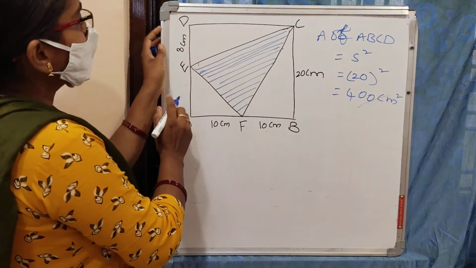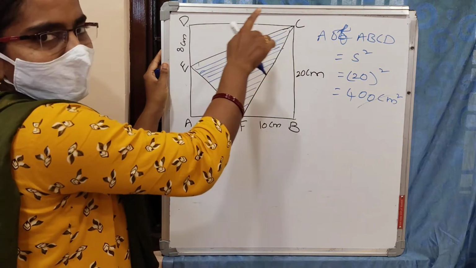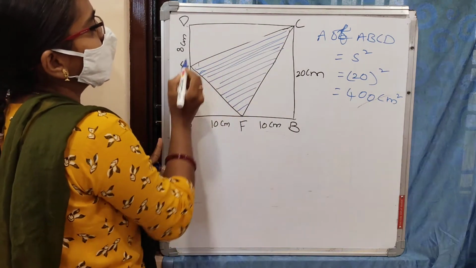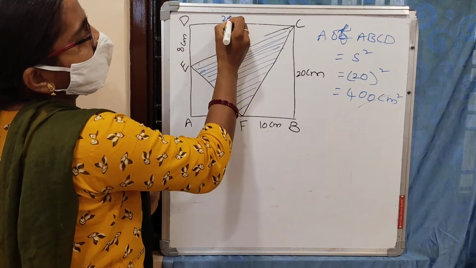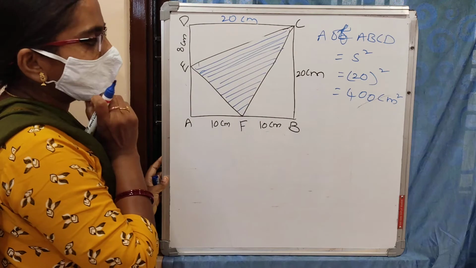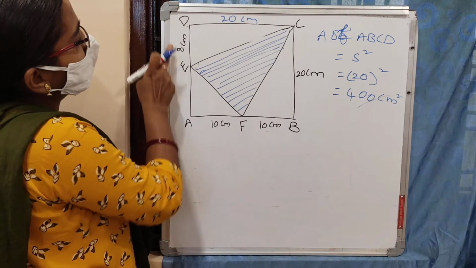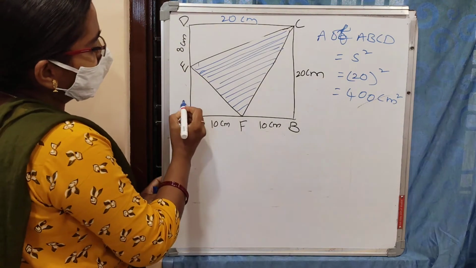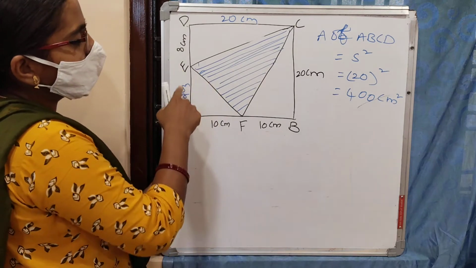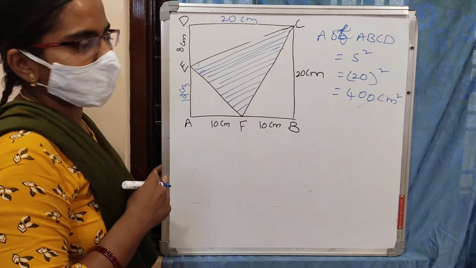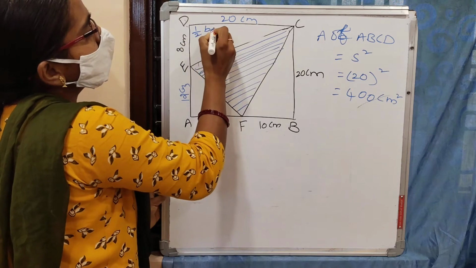Next, come to this triangle EDC, means this part. Triangle EDC. If you go for this part, I am writing here only. When this is 10 plus 10, 20, AB is 20, opposite side also 20. Simply this is a square, no? Opposite sides are equal. When this is 20, this is also 20. But here they have given ED is 8. When this is 8, remaining this is 12. So AE becomes 12 centimeter. ED becomes 8 centimeter. Now if you go for EDC triangle, half into base into height.